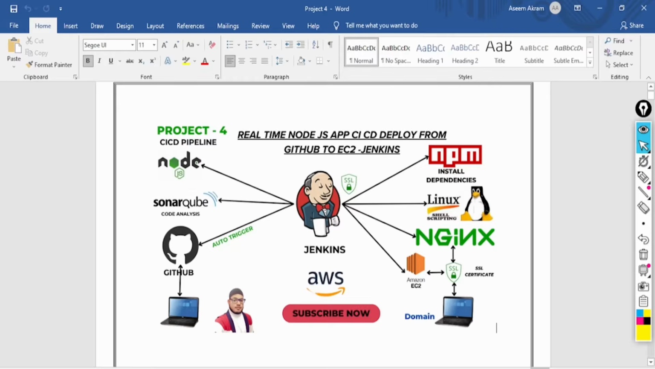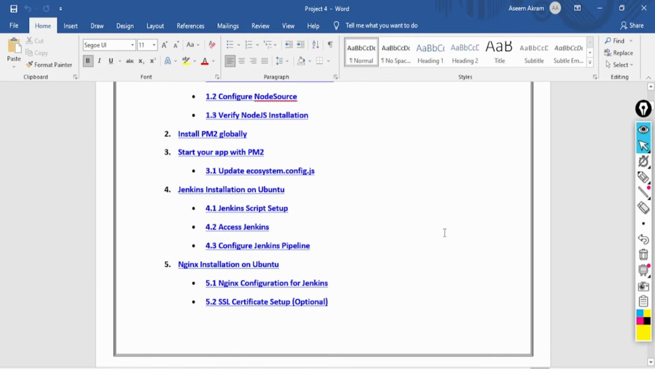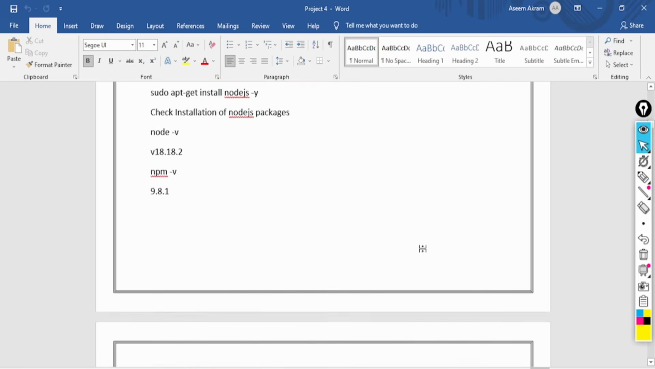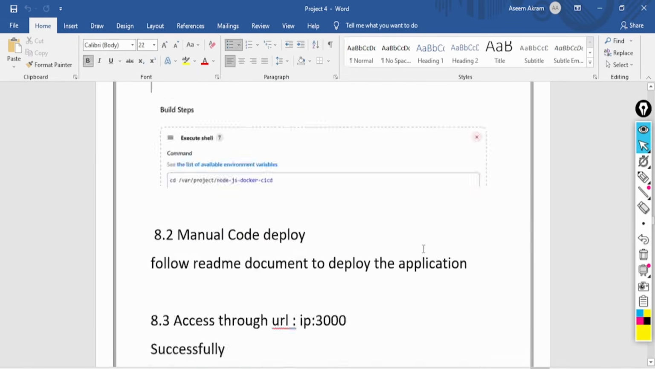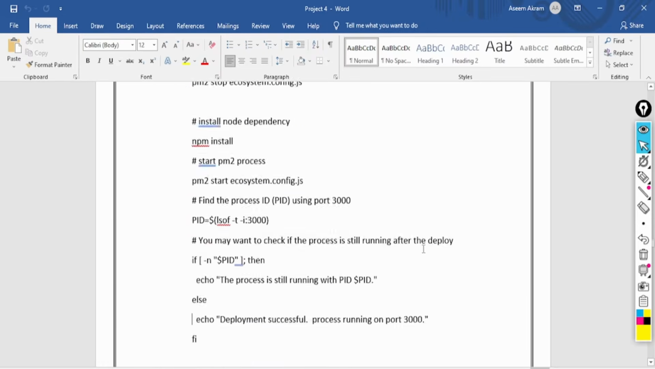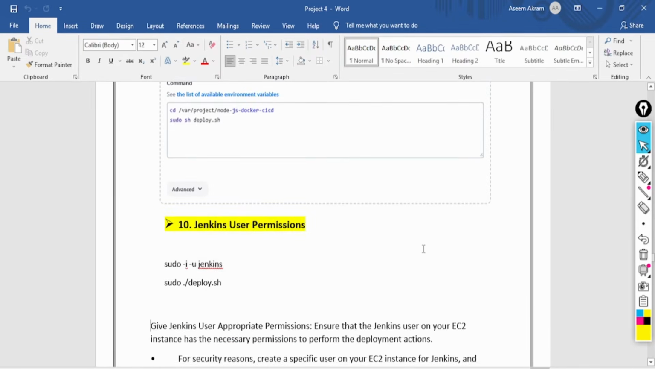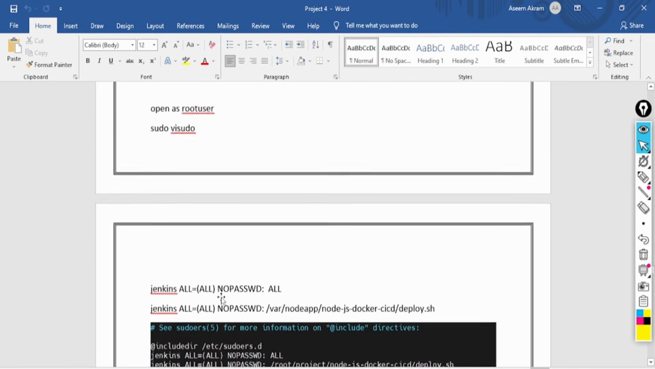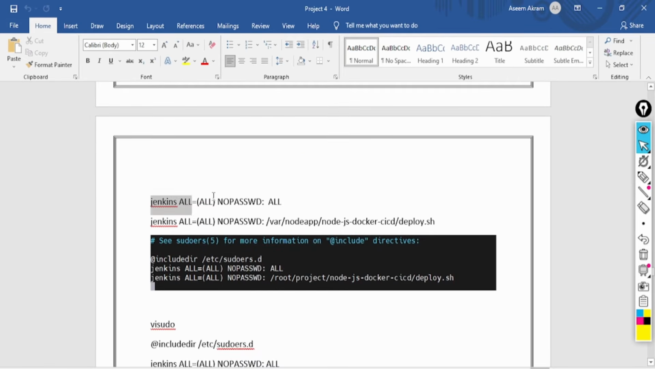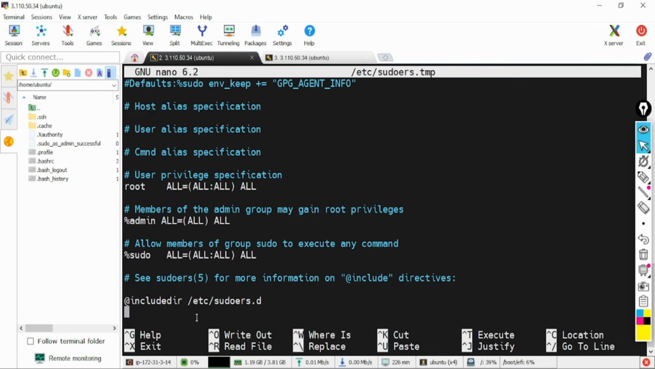So for that we have to add some things, we have to add the permissions. You can find it on Google or anywhere, I will just show you that. What you have to do is go below that and add two lines. Basically we are adding this, saying that Jenkins users should have all the permissions,